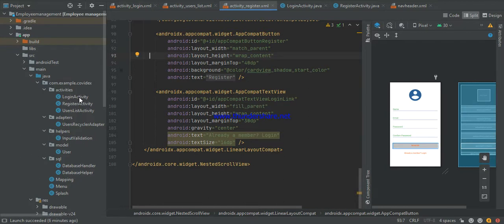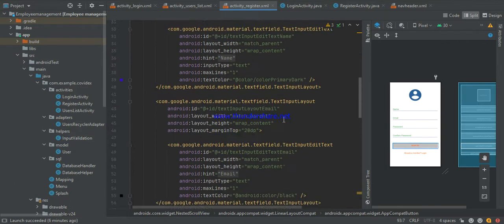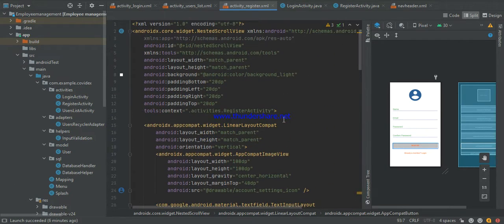Down here we have the login activity, the register activity, the username, user list activity, the adapters, the helpers, the model, and SQL, of course, where the database will be. You realize the database handler and the helper work hand in hand. And that's where the help, mapping, menu and splash are. Okay, this is some of my source code for